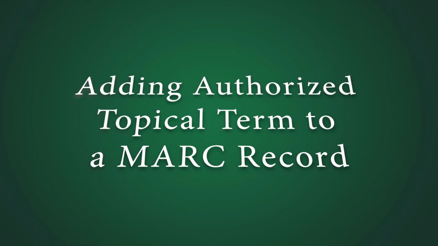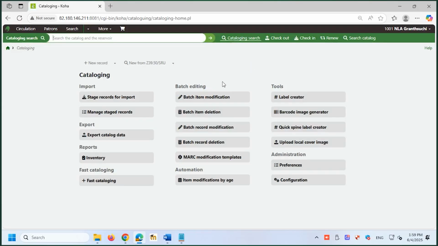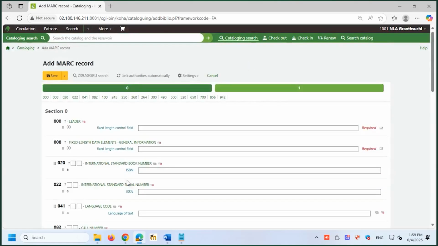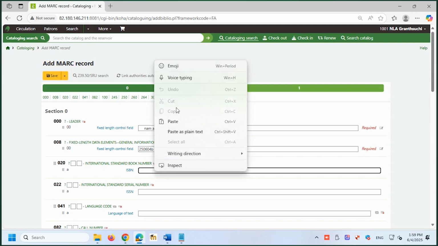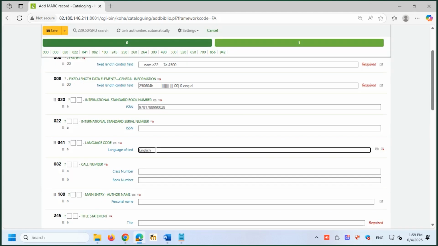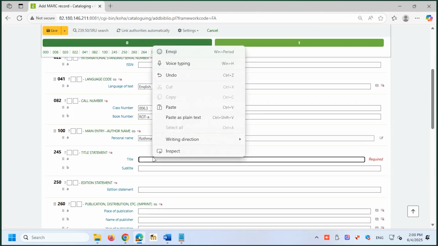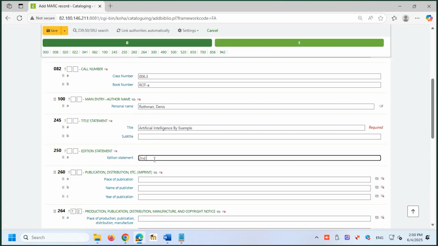Next, in Part 5, let's add the authorized topical term to a MARC record. Go to Cataloging and click on Fast Cataloging. Fill in the bibliographic details for the book: ISBN 9781788990028, language English, class number 006.3, book number R08A, author Denis Rothman, title Artificial Intelligence by Example, 2nd edition, published in the UK by Packt